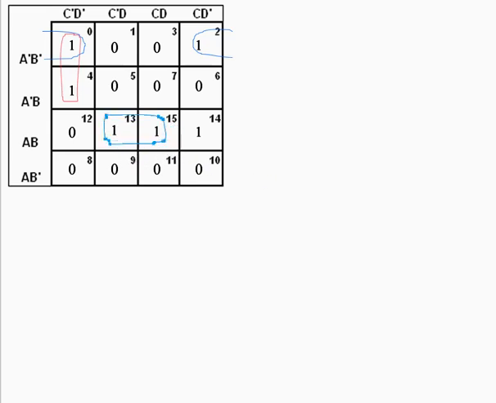Okay, and this one is in fact an essential prime implicant. It's prime because it is not contained in any other term, and it is essential because you have to take this term because of this one. The one in box number 13 doesn't pair with anything else. So this term is the only maximal term that will cover it. All right, so you do that, and then you need to take the last one in box 14, and in